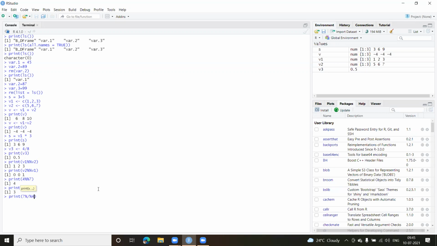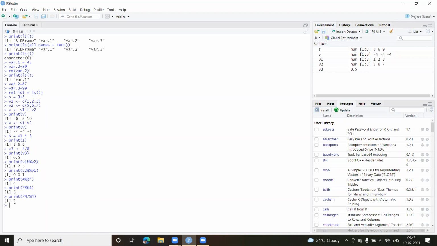So I'm performing division, but this is known as integer division, where I get the quotient only. I'm not getting the remainder. If I put only two percent signs, I get the remainder. If I put only the slash, I get the whole division, like in that previous case, where we got 0.5 when we divided 4 by 8. Now in this case, because I can divide this only once, the quotient will be 1.